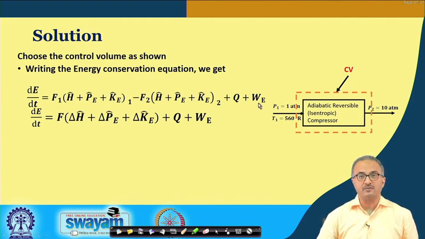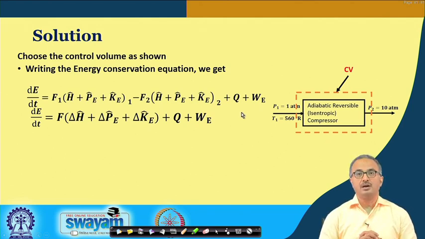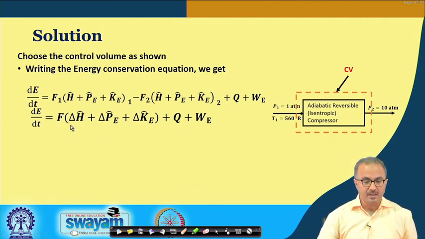Now, in this case the work involves only the compression work, because this work is generally shaft work plus the compression work. Now, in this case there is no shaft work because this is a rigid body. So, here we have only the compression work. Here we are writing in terms of expansion E. Okay. And perhaps you recall that compression work is the negative of the expansion work.